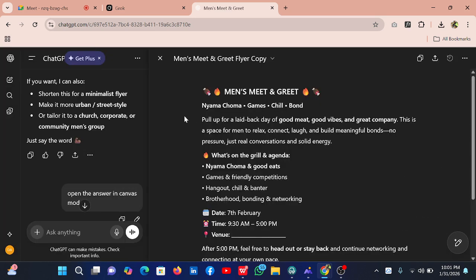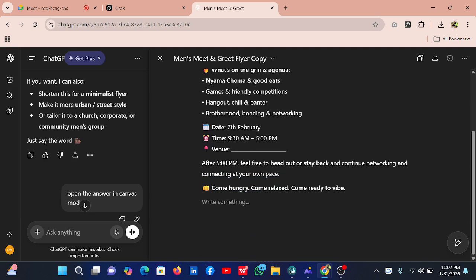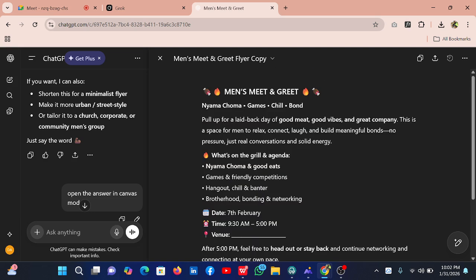So when you open it in canvas mode, this is how it opens up. And I'm sure some of you maybe have opened canvas mode once or twice, but don't know how you opened it. Even me, before I knew it was called canvas mode, I would do something and it opens up in canvas mode, and I'm like, what has just happened?